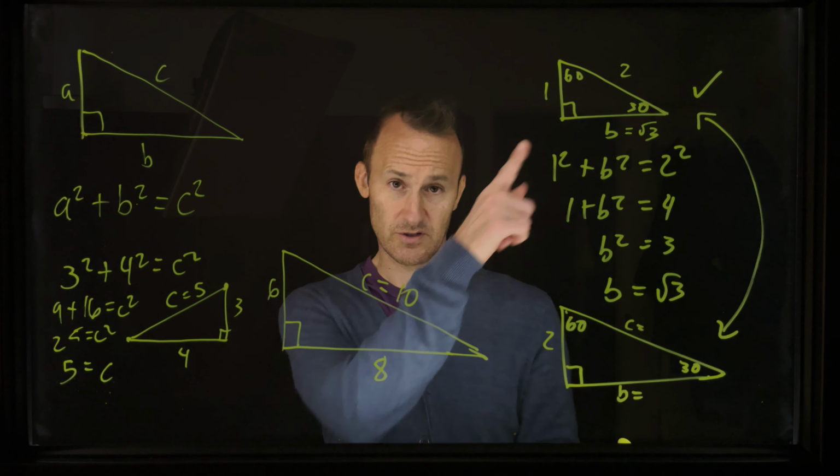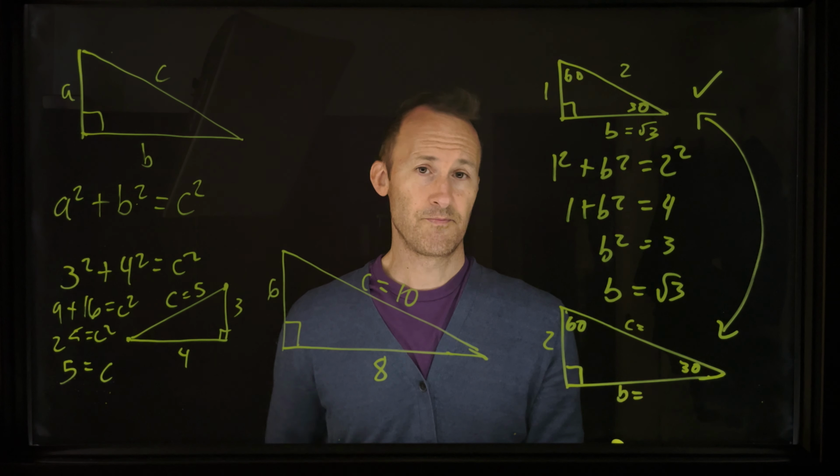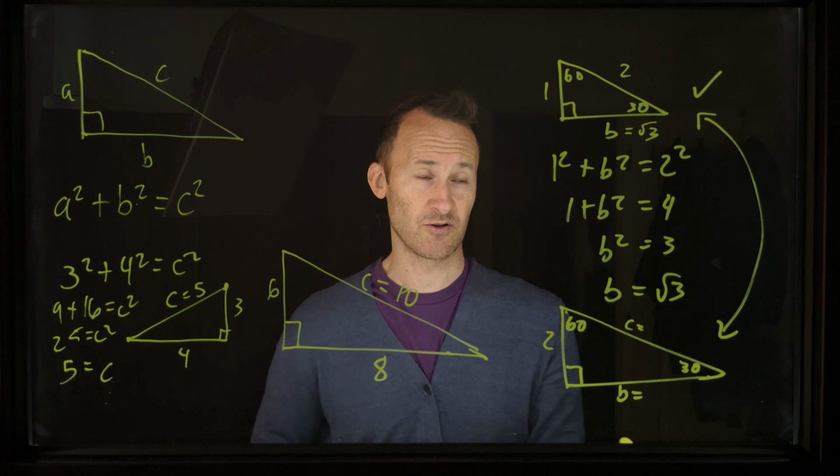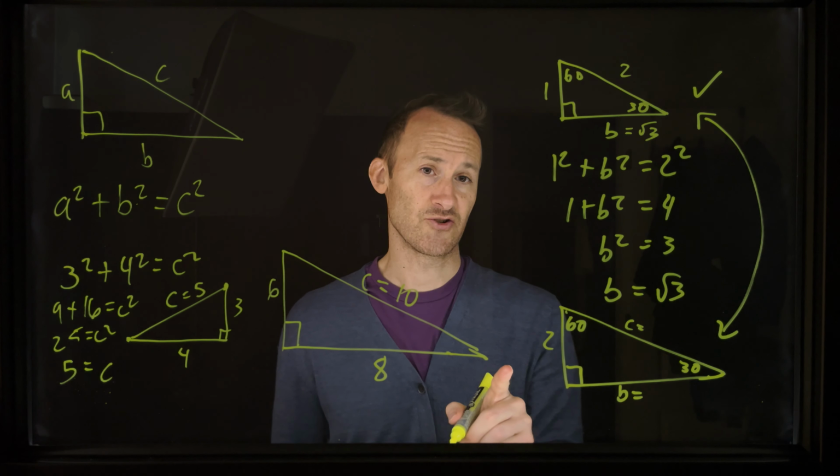Okay, well, let's compare it to the other triangle. Because these two triangles are similar, all triangles that share the same angles are in fact similar, the sides are going to be in the same ratio. So